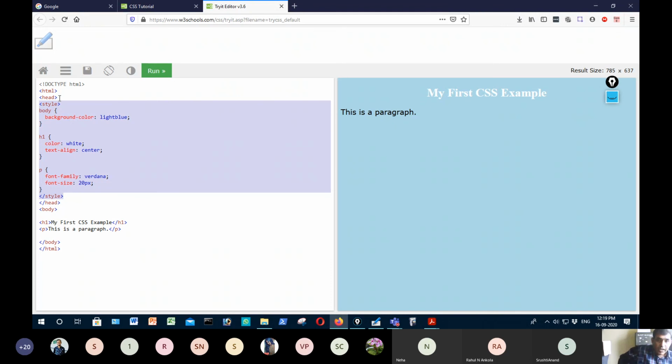It is not necessary that I keep this. For example, I can remove this H1 style, copy it, and give it here itself. So within the paragraph, I can specify the style.